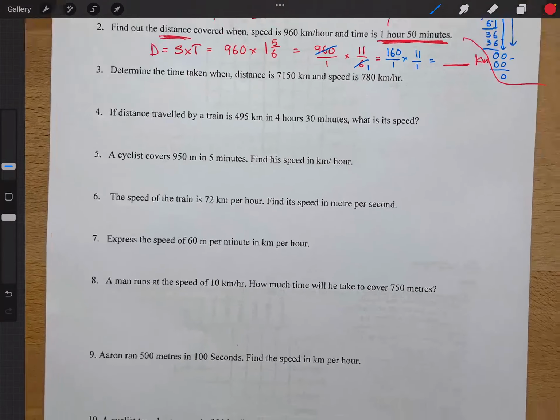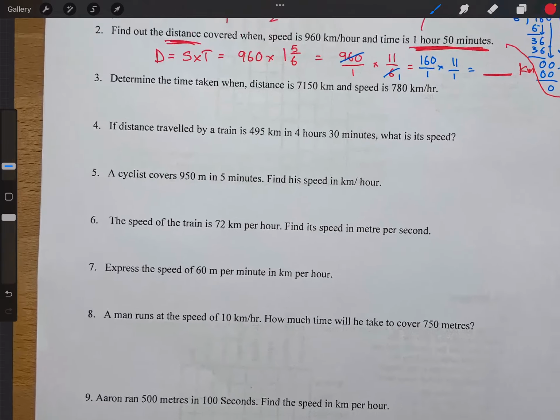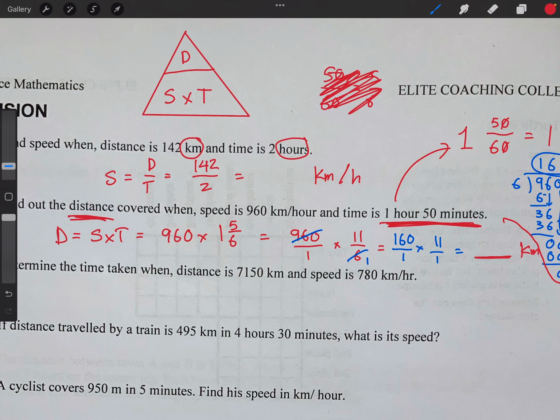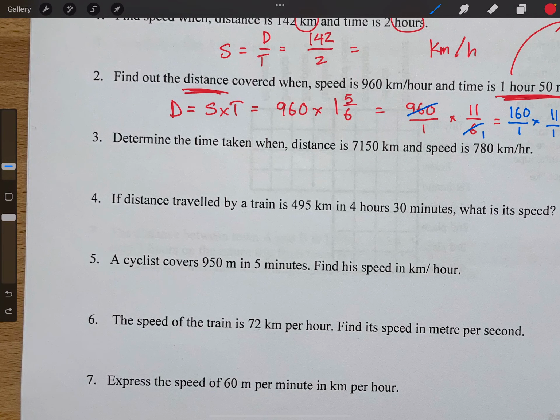Okay. Question 3. Determine the time taken when the distance is that much and the speed is that much. So we're looking for time. Let's look at this triangle again. If you want to find the time, you cover up the time, and you can see that it's distance over speed. So time is equal to distance divided by speed. The distance is 7,150 kilometers divided by the speed. The speed is 780. Okay, so now we're going to cross out the zeros